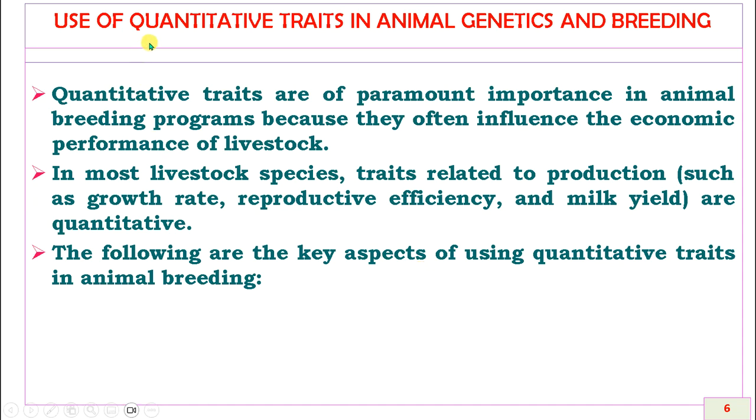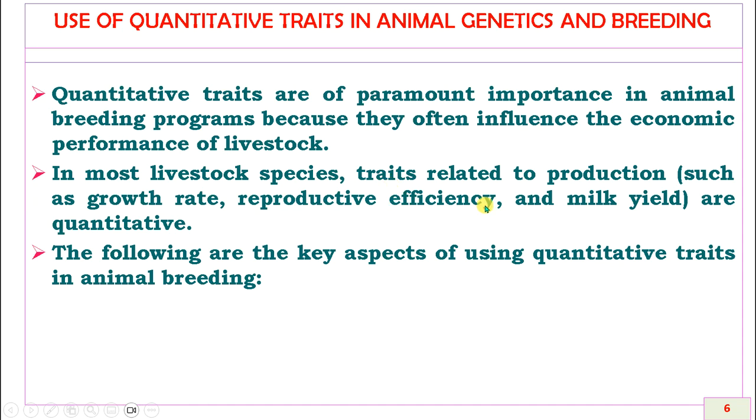So the use of quantitative traits in animal genetics and breeding is always important because we always require a good production in case of the dairy animal in terms of the milk, and egg production in case of the layers, meat production in case of the broilers, and the body mass of a pig, and also the disease resistant pattern in certain breeds of the animal. So these quantitative traits are of paramount importance in animal genetics and breeding, and in most livestock species, traits